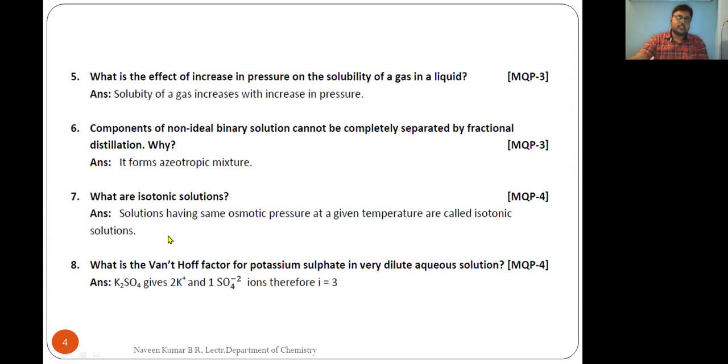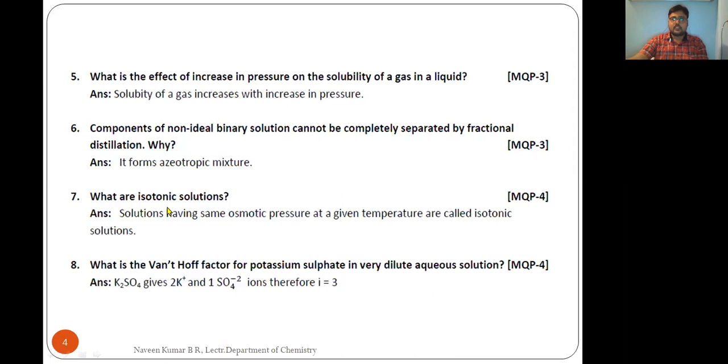Hypertonic solutions are those in which a solution has greater osmotic pressure than the other. Hypotonic solutions are those in which a solution has lesser osmotic pressure than the other. As a result, in isotonic solution, the cell size remains the same. In hypertonic solution, cells will shrink. In hypotonic solution, cell size increases or the cell swells. So with this information, whenever the concept comes, try to recall the related overlapping concepts, so that any confusion will be avoided and you will have a better understanding of the questions.